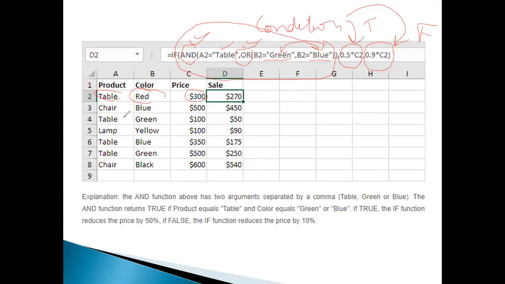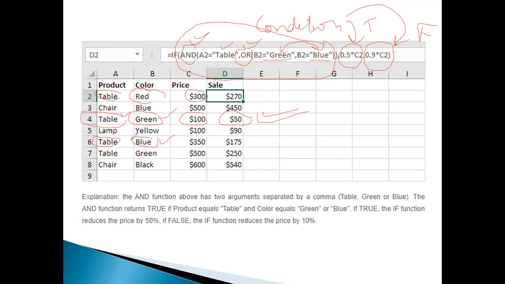So we can see this is yes. Look at this part. This is the table, which is either green or blue. Here this is green, and this is also a table. So out of this $100, you got $50. So let us say this has become a 50% discount. Same thing, this is the table, and this is blue.